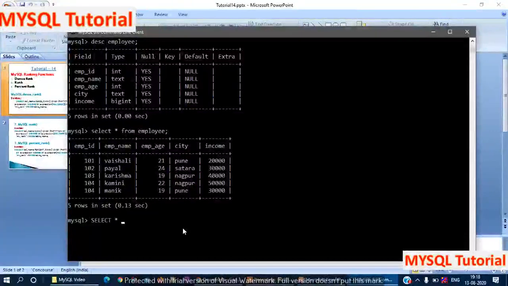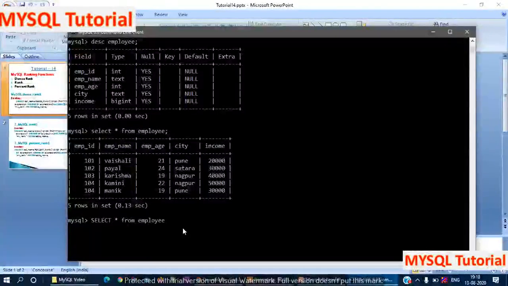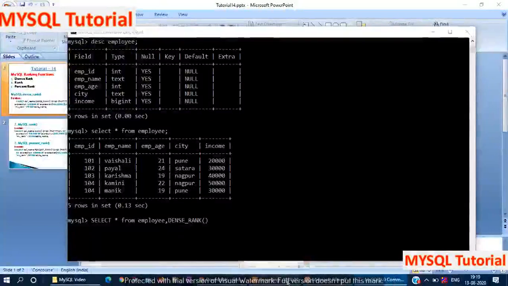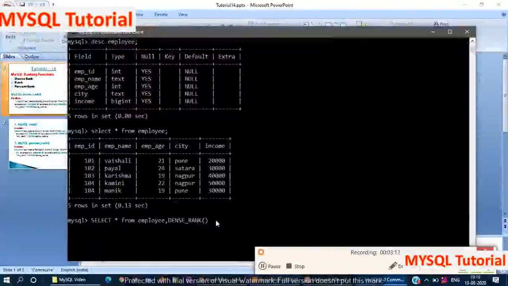SELECT * FROM table name, comma, by using the DENSE_RANK function, DENSE_RANK() OVER.